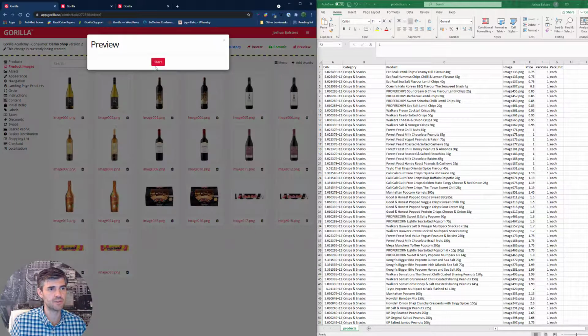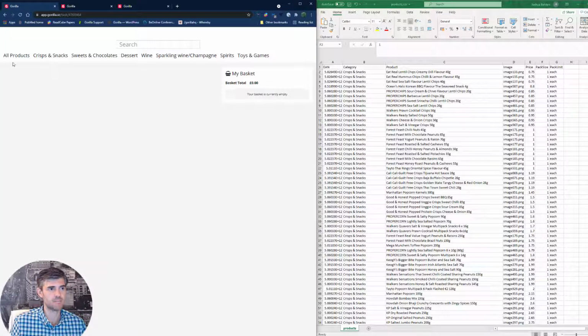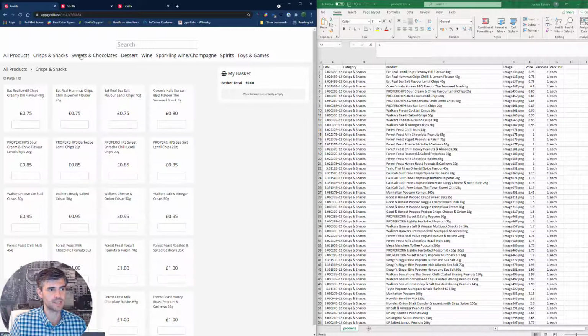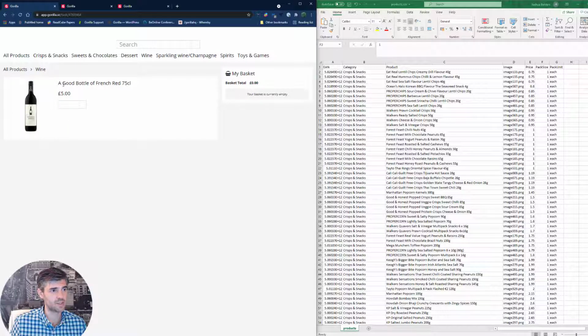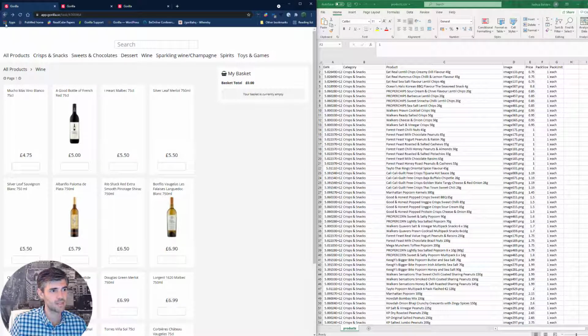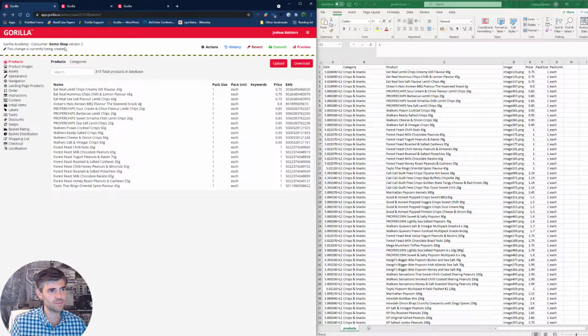If I click on preview, my shop is basically there. I can see here I've got my different categories of products. And let's go to wine. I can see my different pictures where I've uploaded them. Then you can see here, if I click on it, it goes to a title and the amount that it costs. So at the moment, obviously one issue is the appearance. You can't see add to basket because it's white on white text. So if we just click on the back button, it takes us back to our shop,